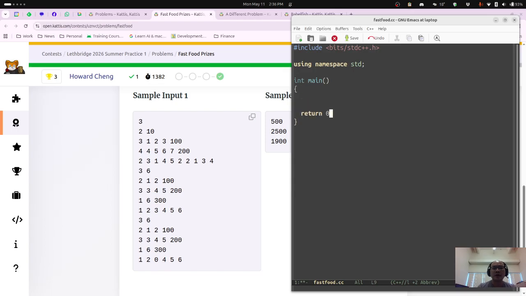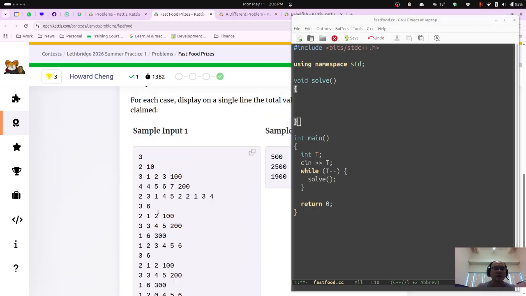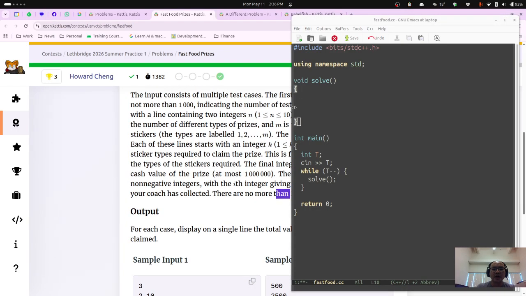Okay, so the first number is the number of cases. I just got T. So this is a quick way to do something T times. So everything is going to be in soft. Okay, so what are the things that we read? First is N and M,